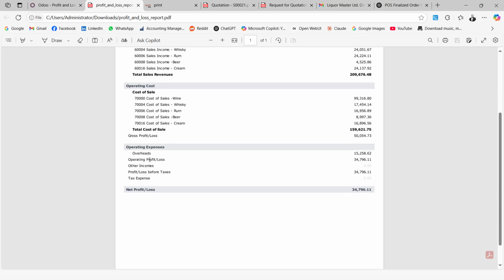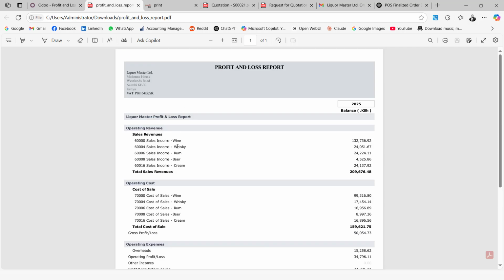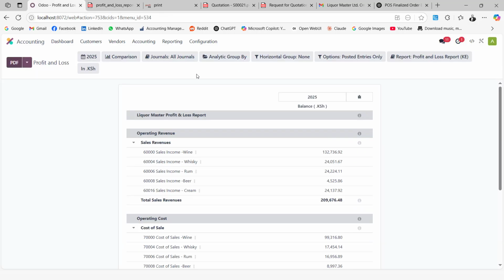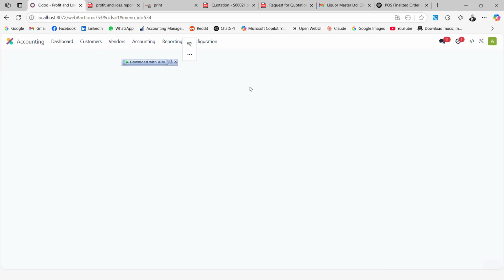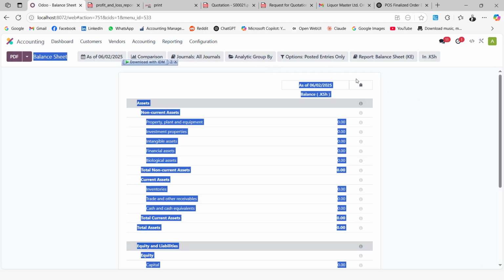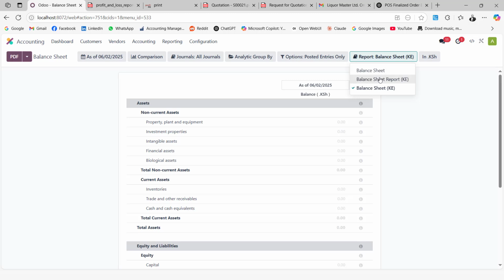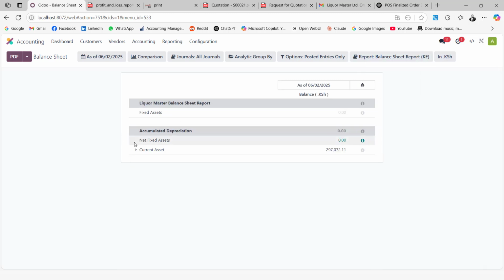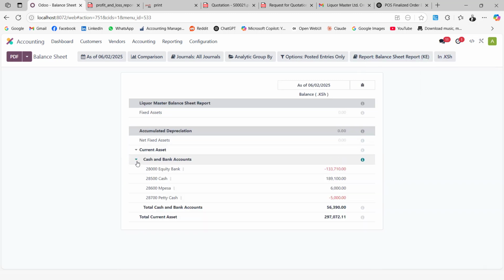Let's say maybe you want to even group your expenses, like administrative expenses and such. We can design for you this P&L report. You can also run, let's say, the balance sheet. So for this one I can choose this balance sheet report. Okay, so right now there are no fixed assets, but basically we can define much more